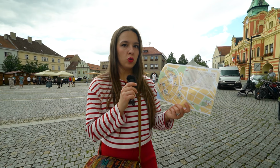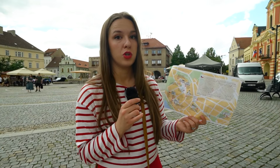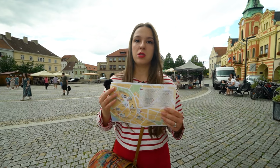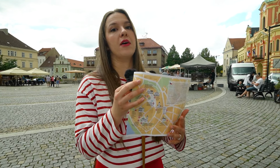So we have seen almost everything from our little map. We are gonna head out to our last stop in a couple of minutes because we actually need to wait for our guide. If you guys want to do the same and explore the city of Mělník using the map, with audio guide or without it, and you don't have it in you to walk and see every single thing that we mentioned in this video,